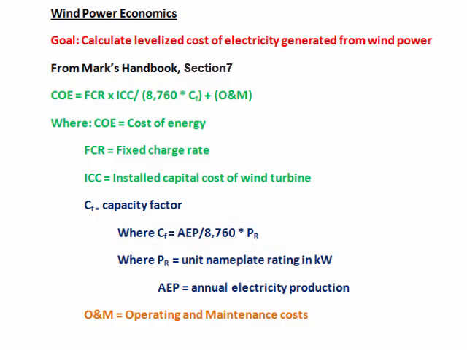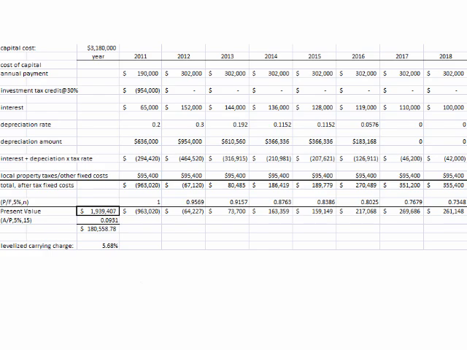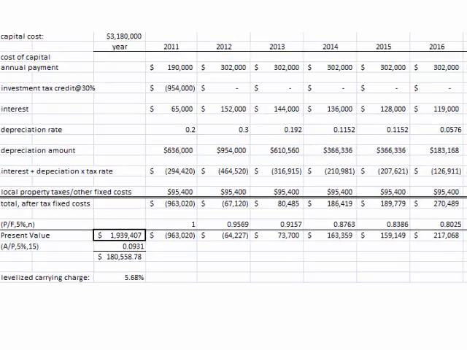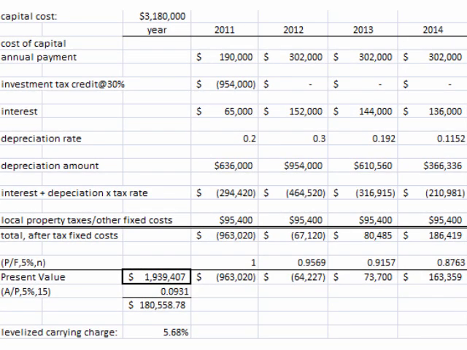What we'll be doing is to go through an example next of the fixed charge rate. We'll calculate that component of this equation on the next page. We'll start with the capital cost. A 1.5 megawatt wind turbine cost about